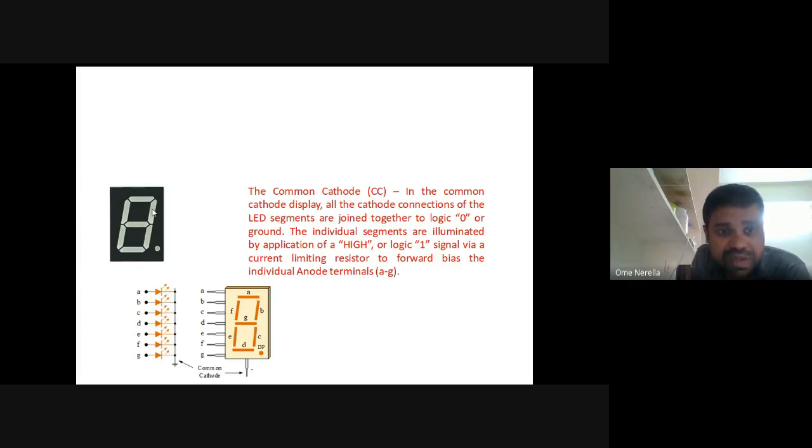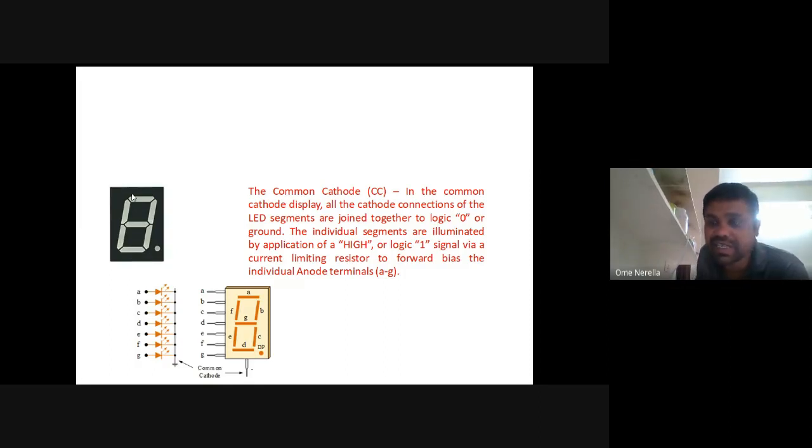Suppose I want to display 1, it means this LED and this LED should be on, remaining are off. In order to display 2, it is like this, only this portion LED and this portion LED should be off. Similarly 3 is like this, only this and this LED. Similarly up to 9.